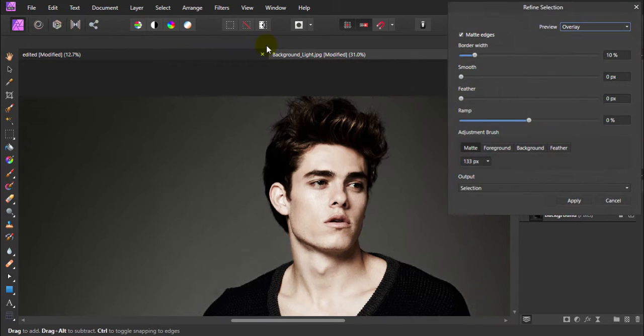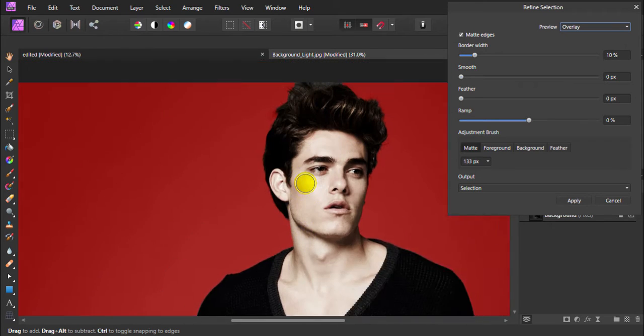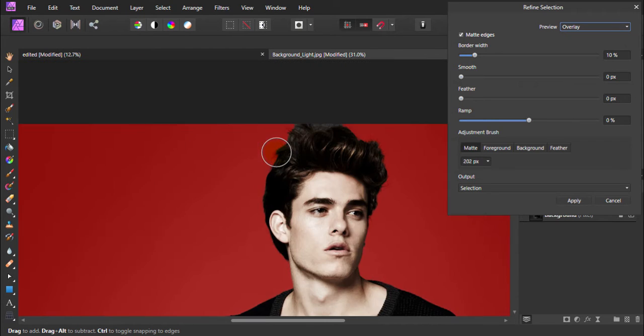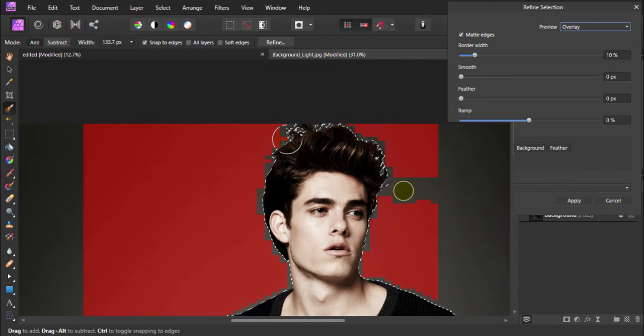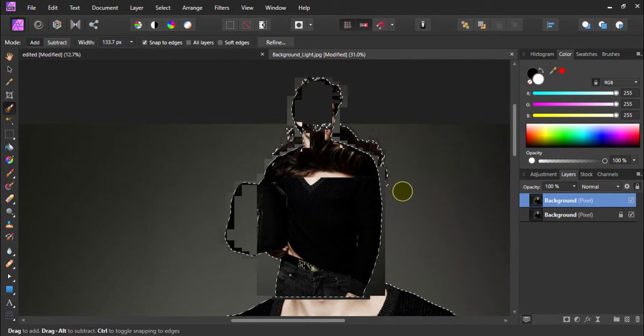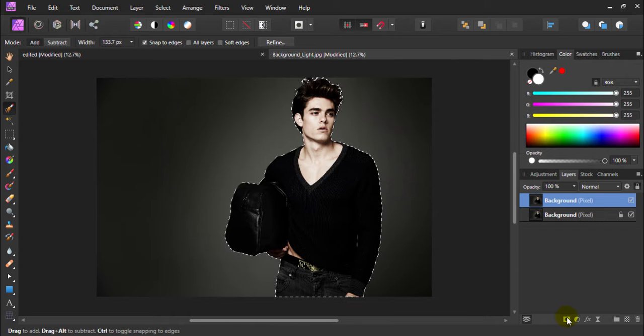So just click on this refine and wait a second for Affinity. Now increase the brush size as you would like. Okay, so I think that brush size is perfect, and just paint on his hair to refine. Okay, I think that's fine. So Affinity refined his hair. Now just hit apply, zoom out by pressing Command or Control 0, and then make a mask of it. Okay, so I make a mask and then deselect this model.